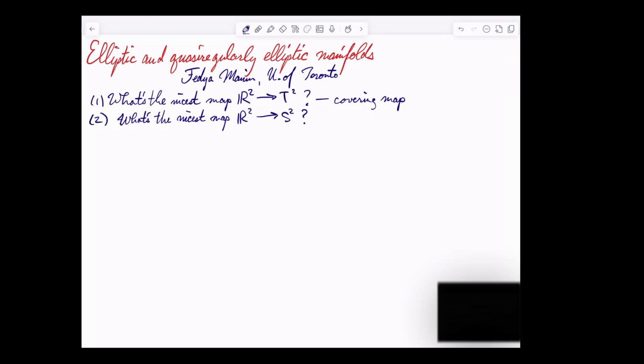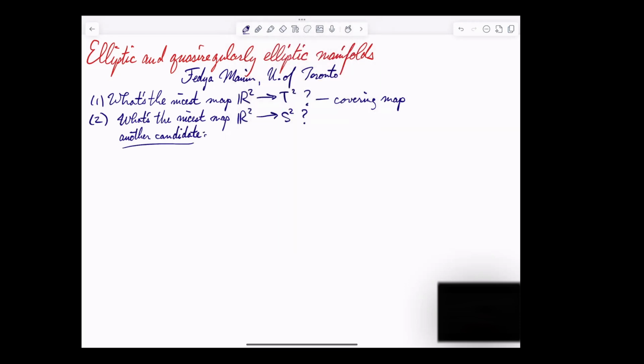But from my point of view, there's another candidate. The problem with stereographic projection is that it's non-uniform, right? The derivative gets smaller and smaller as you get out. That makes it very unlike this covering map, and I want something that looks more like a covering map. So one candidate would be